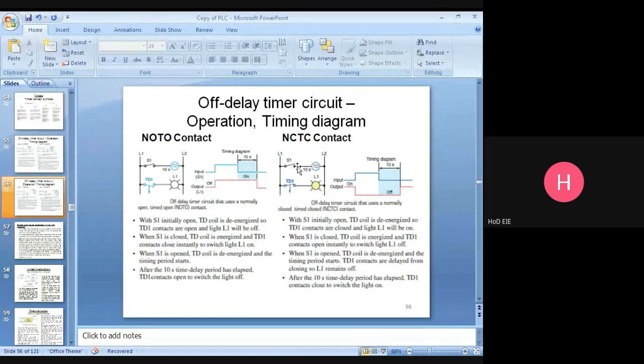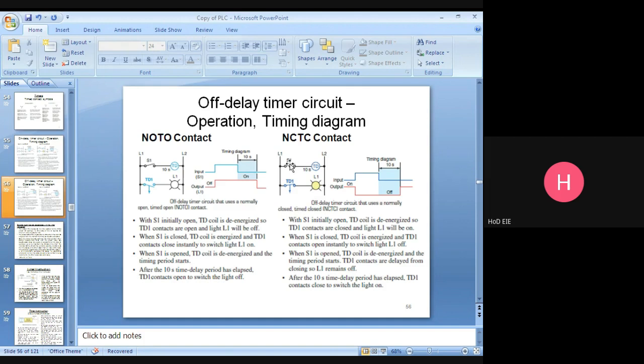Come here. This one is a normally closed, timed closed contact. Now the switch, normal condition: with S1 initially open, the DD coil is de-energized, so DD1 contacts are closed and light L1 will be on. This contact is normally closed, so the light will be on.